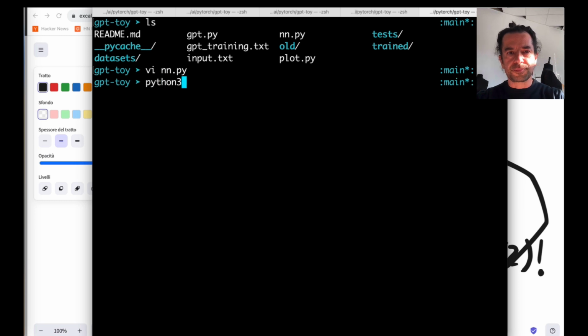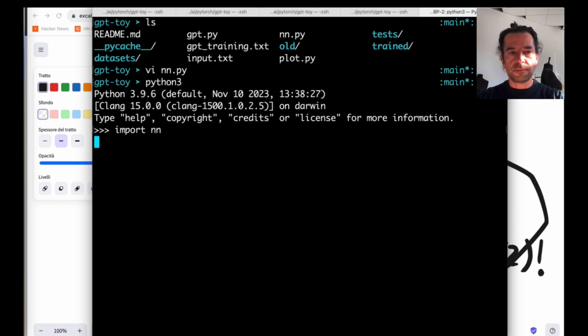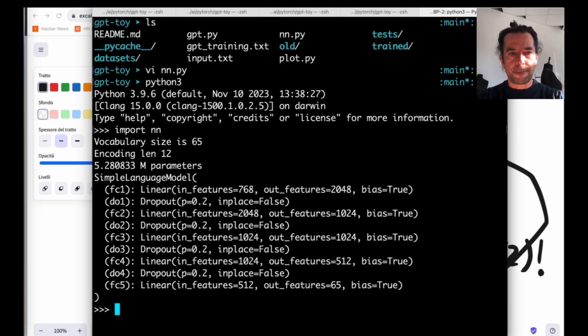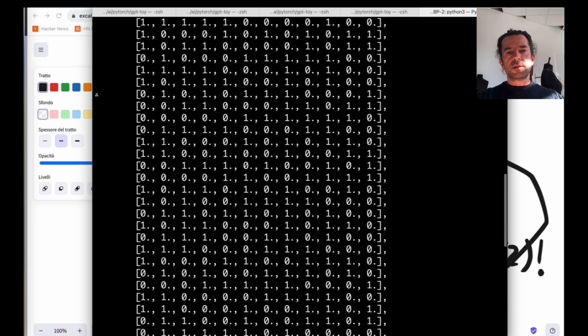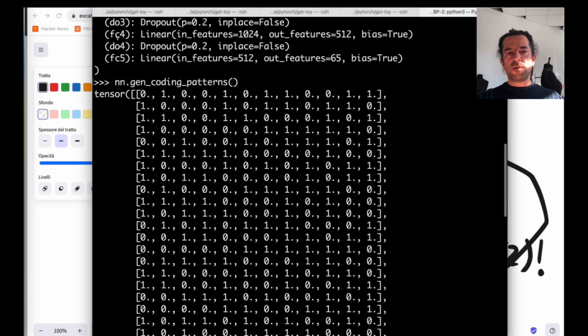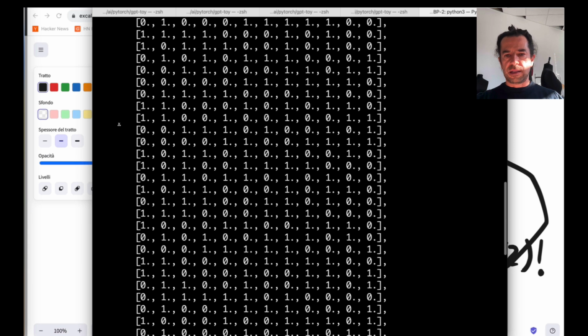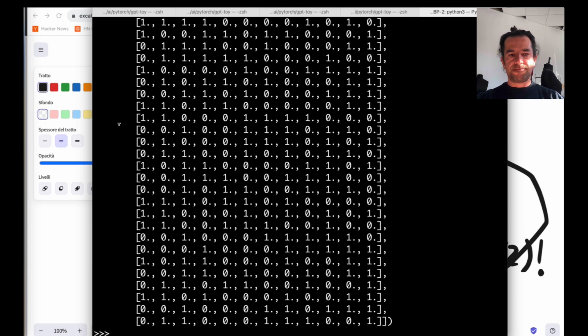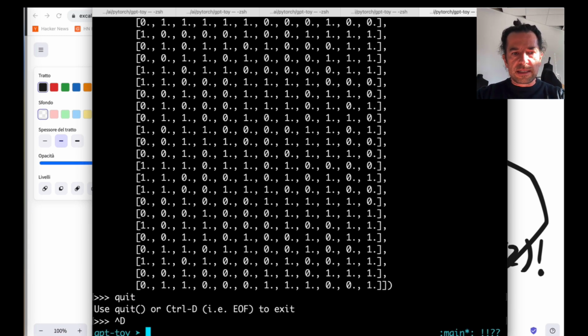Let's try. Okay, so as you can see, I have tensors of length 12, and each one has 50% zeros and 50% ones in different shapes.